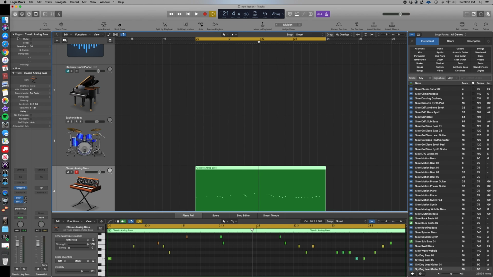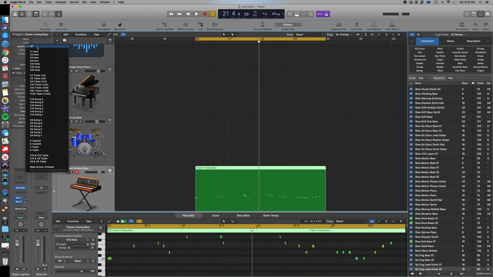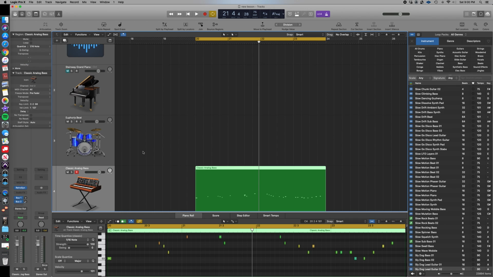So we're going to go to the region, quantize, and then we're going to set what we want to quantize it to. So it could be quarter notes, eighth notes, 16th notes, different kinds of triplets. So I'm just going to say 16th notes. Boom. And it already did it. I just selected that and it already quantized it. And if I play it back,